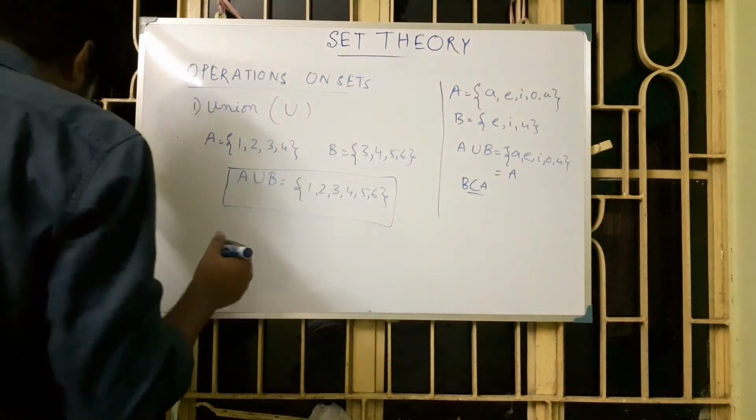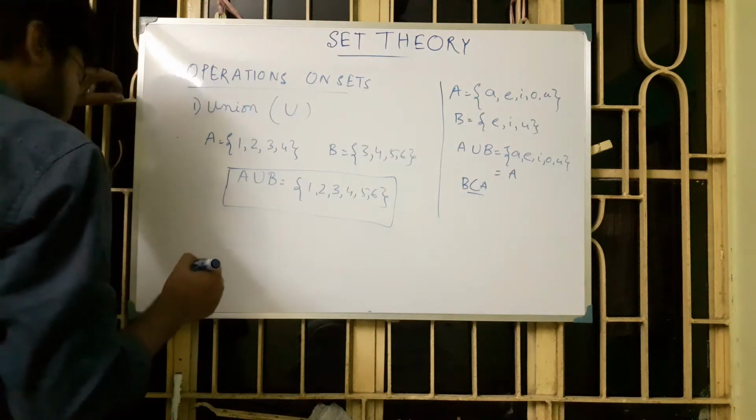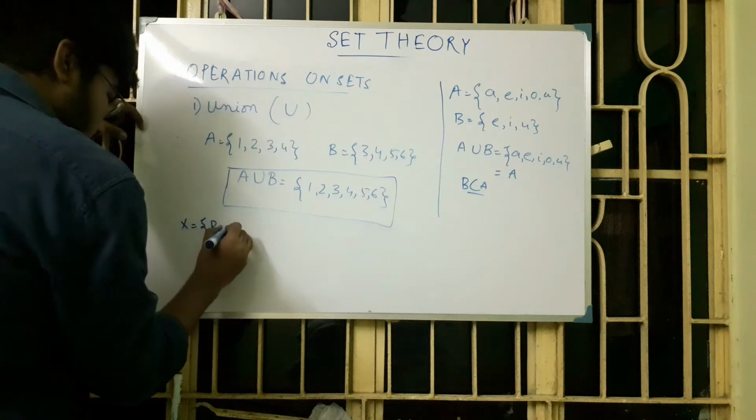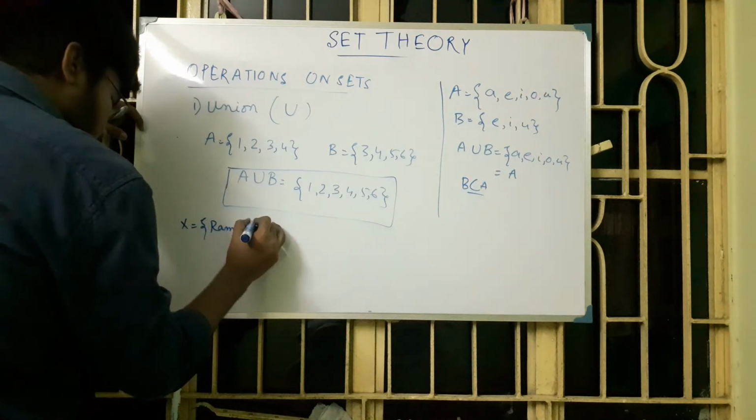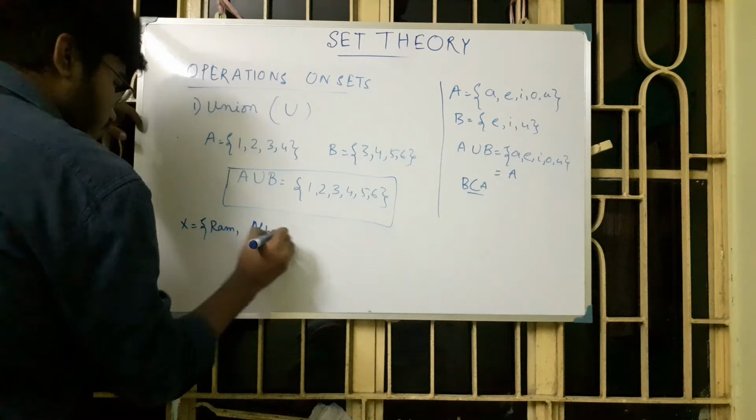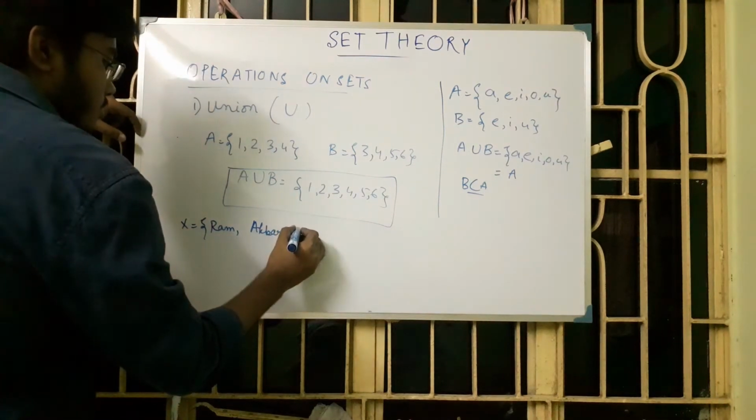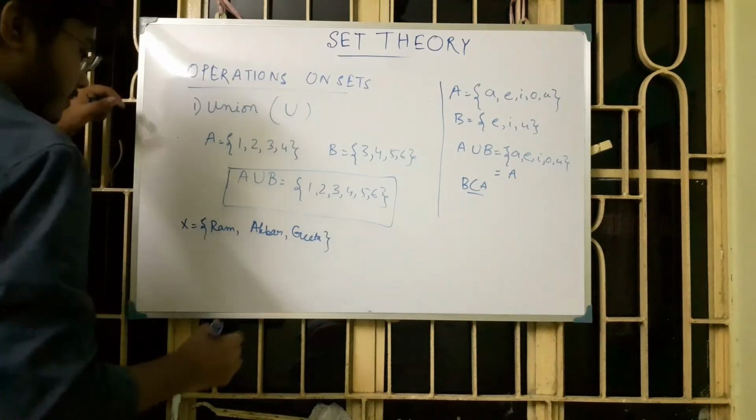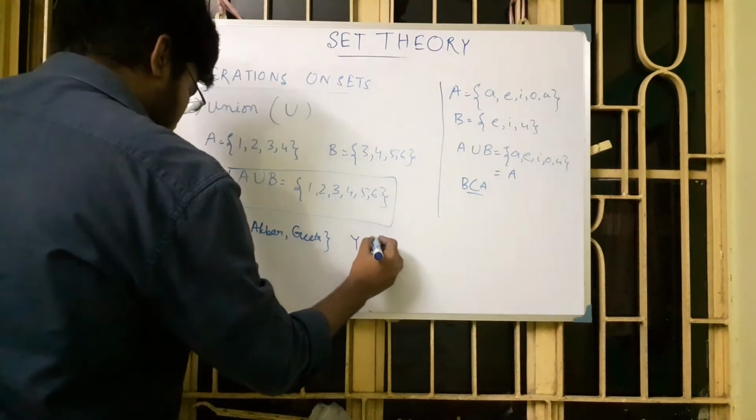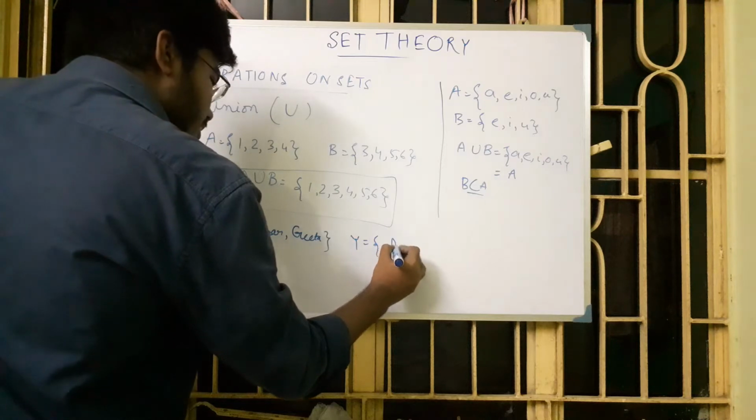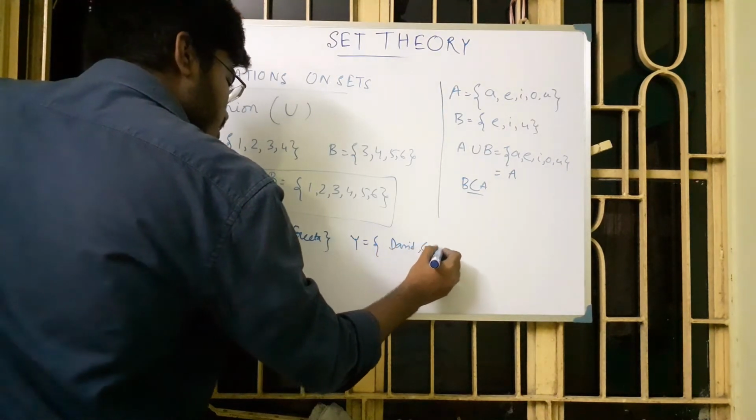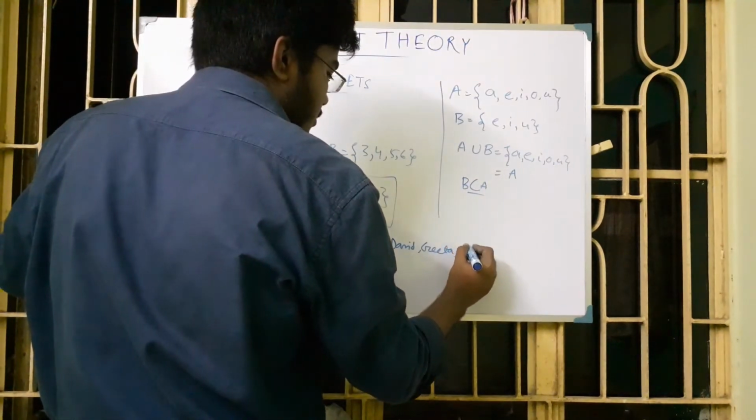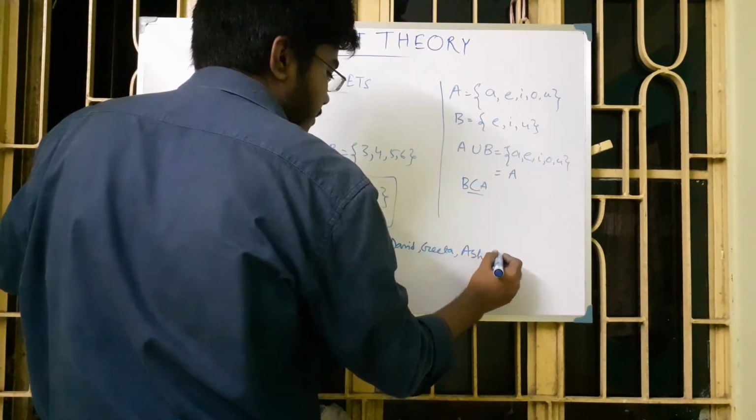Now, let's say X equal to Ram, Akbar, Gita, and Y is David, Gita, and Asif. Okay,